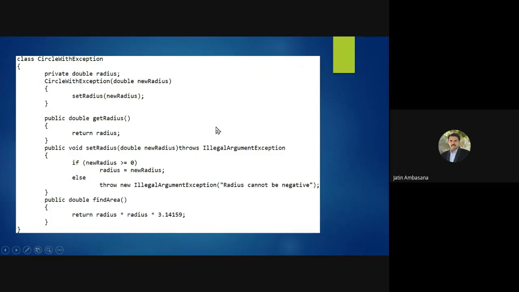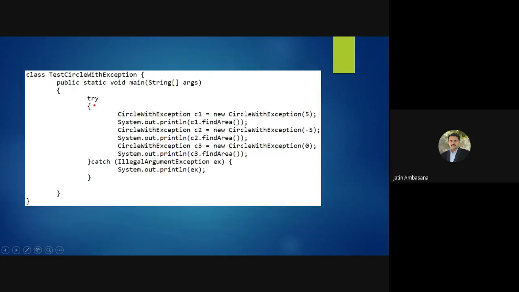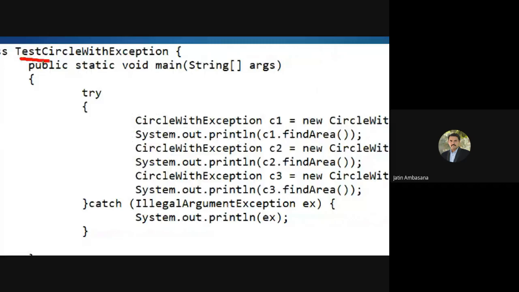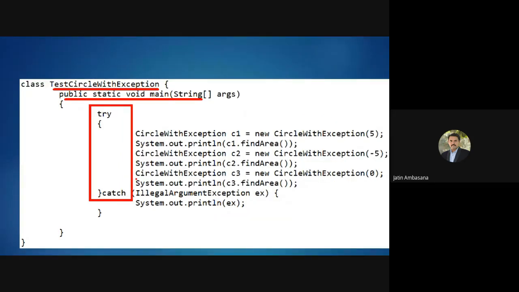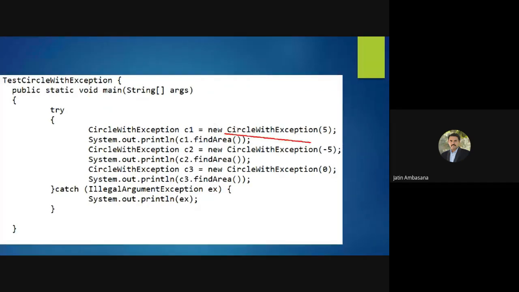So now what we do over here, in this TestCircleWithException inside the main method, we use the try catch block. So this does not give us any error because we have put this call inside a try catch block. Which call? We put the constructor call inside the try catch block. So we create a circle with value 5, then we can find its area. Okay.